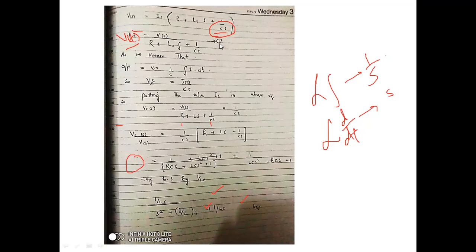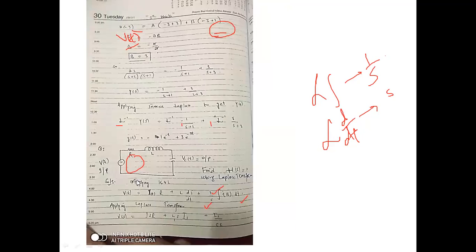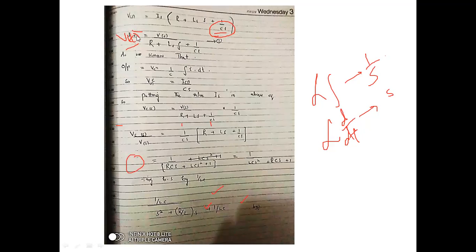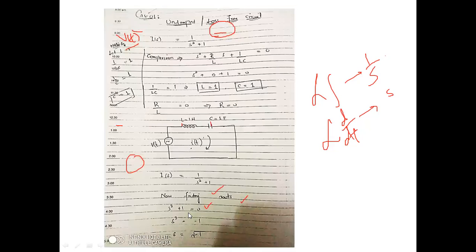Now I of s is equal to this because we are in need of this as the input and this as the output. So you have to substitute I with VC of t. Okay, so for this purpose, VC is equal to 1 over C integration i dt. Laplace of VC is equal to I of s divided by Cs. Putting the value of I of s in the above equation, you will get VC of s is equal to V of s over this into this. Okay, so this is the solution for the H of s for the RLC circuit.